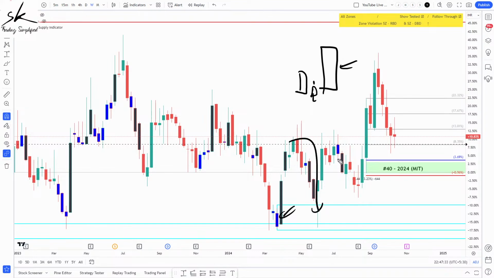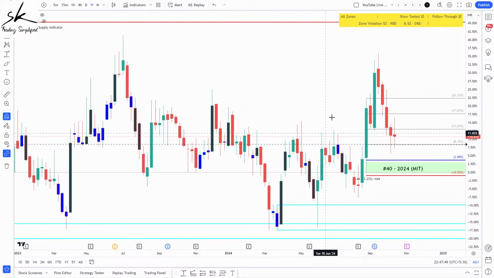With the screener, you can still shortlist symbols where prices are coming back to tested zones, but alerts will always be for fresh areas. The reason for that is alerts are generated at the time of formation of the zone, not at the time of arrival to the zone, right? That is the distinction between the two. And that is also the primary reason why alerts will always be for fresh zones, because alerts are generated at the completion of the leg out, and at that given point of time the zone will always be a fresh zone. So again, if you want to identify prices coming back to tested areas,